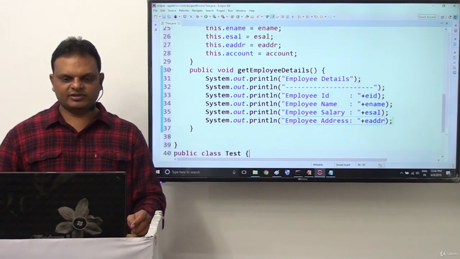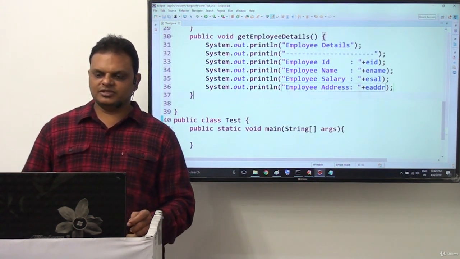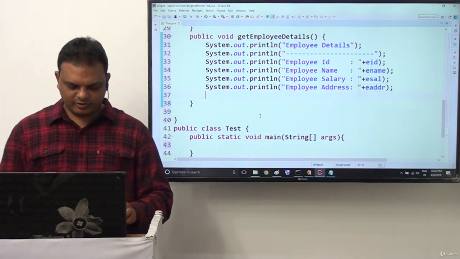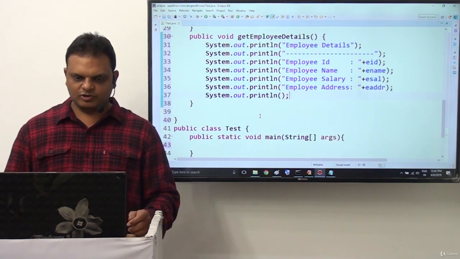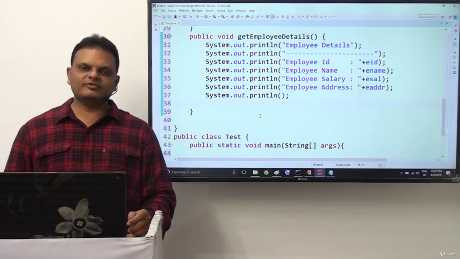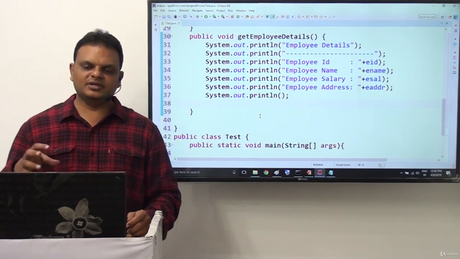Like this we have it. After completion of these details, next I want one line space, and then after that I want to display the account details.